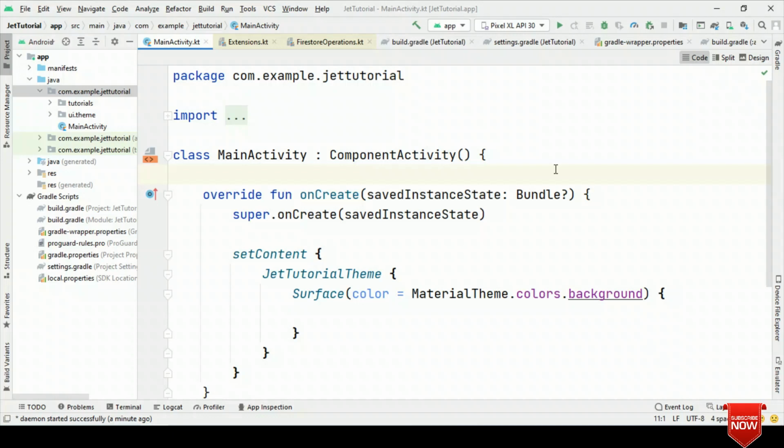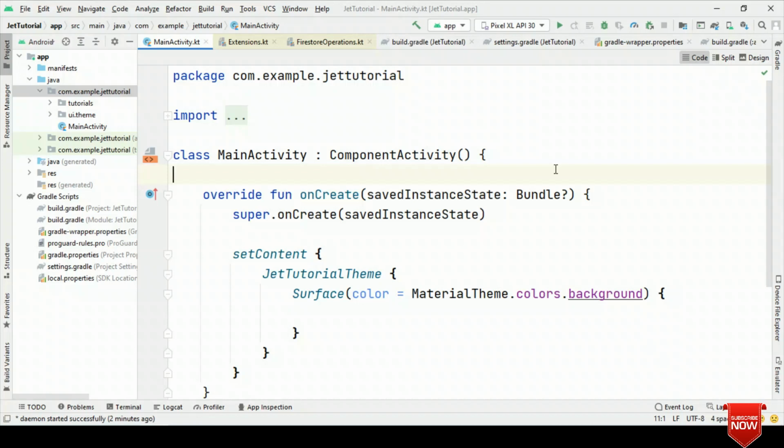Rather, you have a Jet Firestore composable, and in that composable you can specify the path and also the listener which you want to add, either real time or single time listener. Then eventually, as you get the data, you could show the content in another composable. Let's see how we can do all these things.